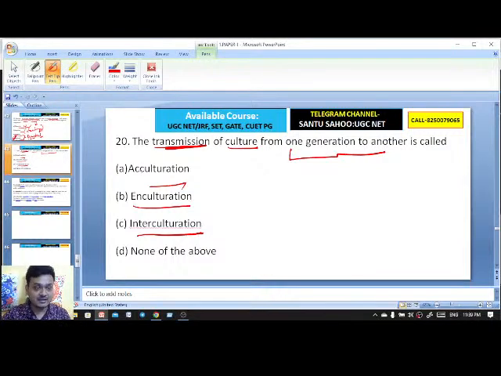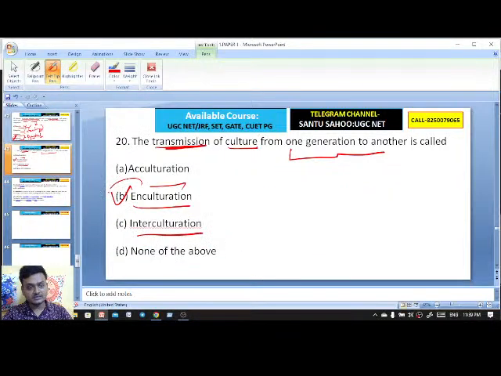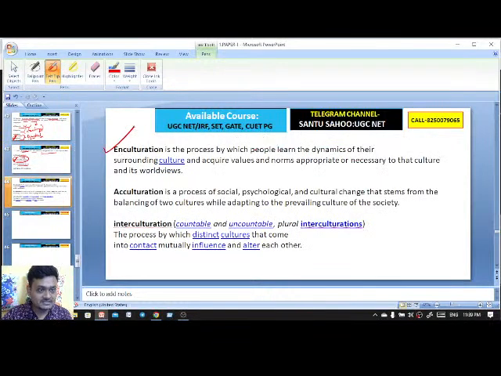Here it is, acculturation, enculturation, interculturation. क्या होगा आंसर? It is enculturation. ठीक है, it is enculturation is the right answer, B. चलो इधर देखते हैं. What is enculturation?